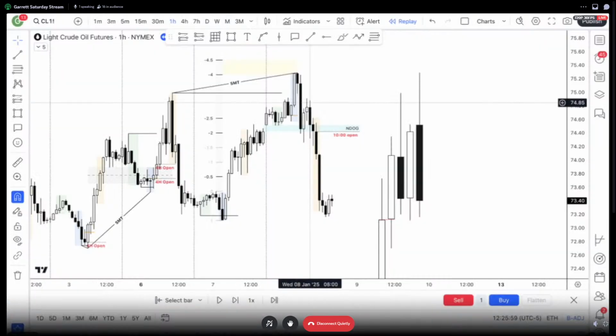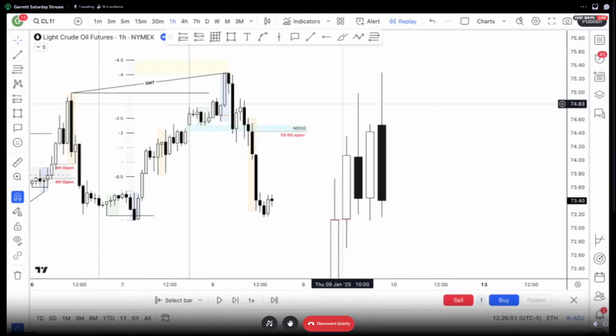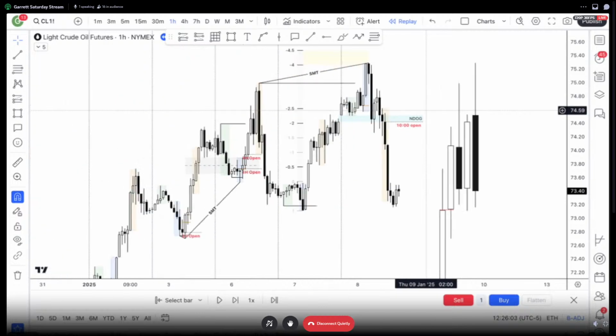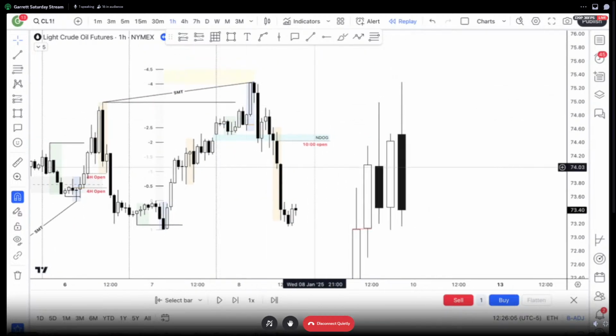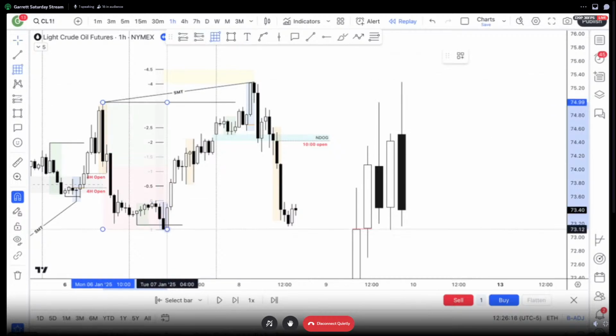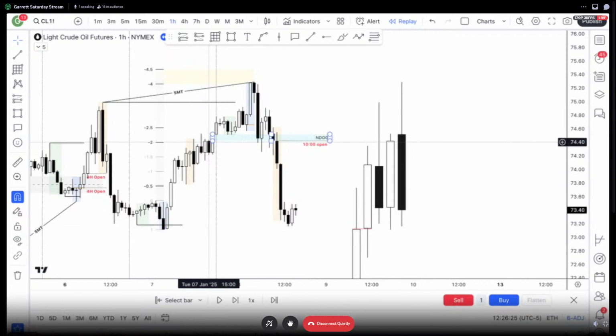Let's go to CL here. So let's peep CL. Look at this daily candle. Previous day, we kind of expand, not really, we don't take out this high. But we just open up in the premium end of this range, so we're not expecting this to hold price. We have this deep run. The way we manipulate and expand back in the range, not ideal for this to hold. So I was actually looking for this day to be bearish, but total invalidation,